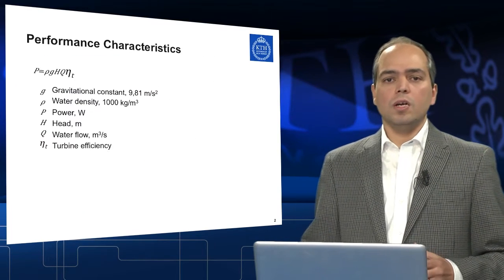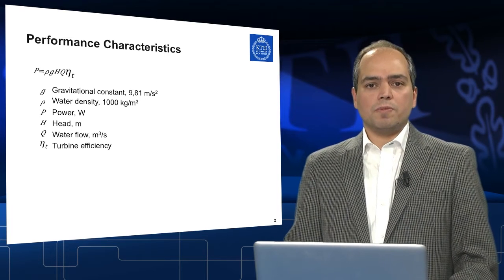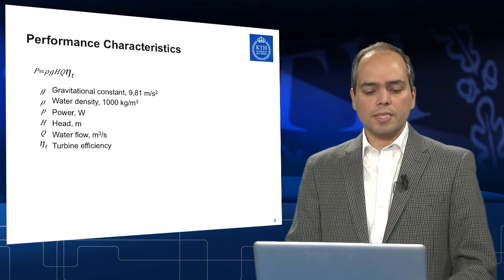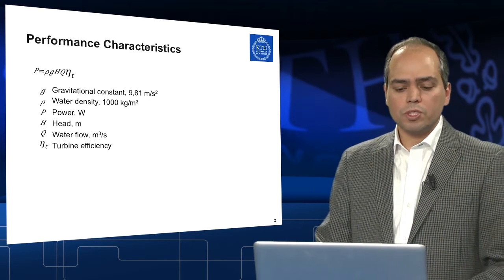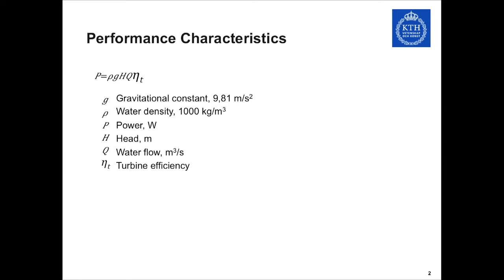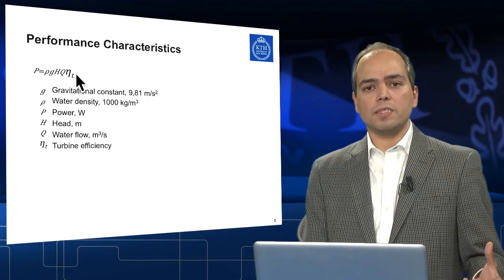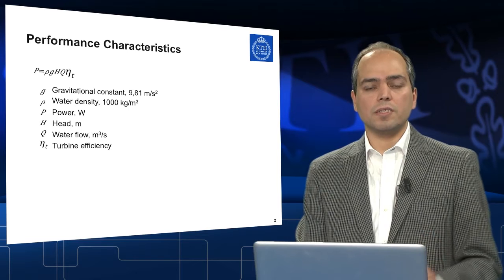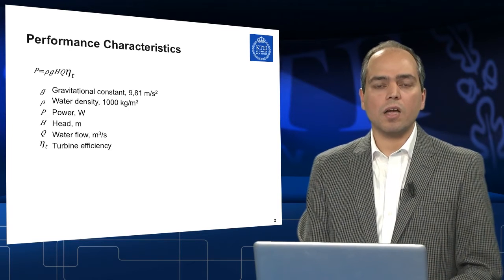Now we are going to emphasize the performance characteristics of large-scale hydropower and see their impacts on energy systems. You've seen this equation before, which shows the available energy in water: P equals rho g h q, times the efficiency of the turbine. You could see that rho and g are constants, and the efficiency of the turbine is related to the turbine itself, the design of the turbine, and the manufacturer's capabilities of making a high-efficiency